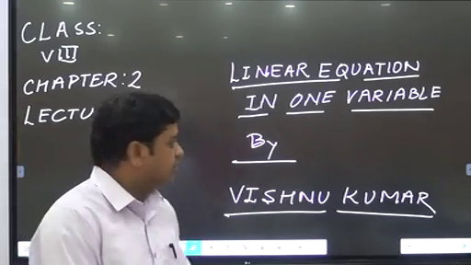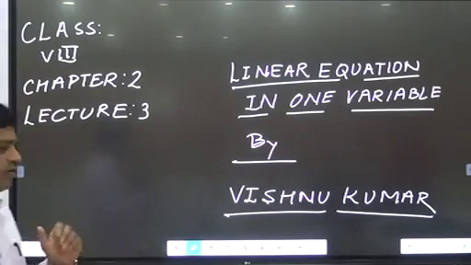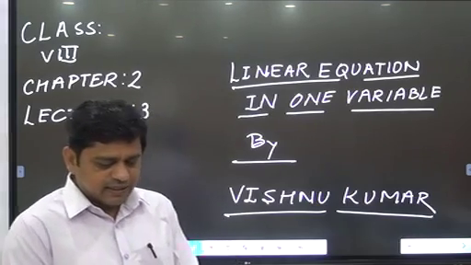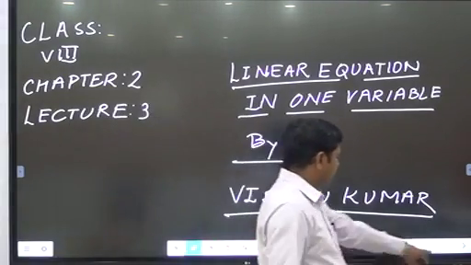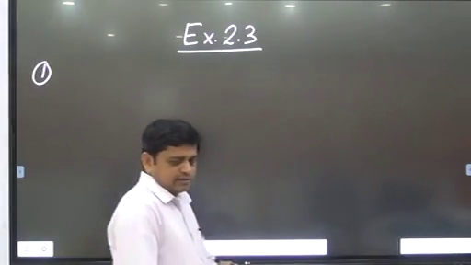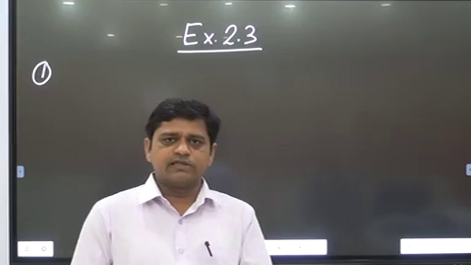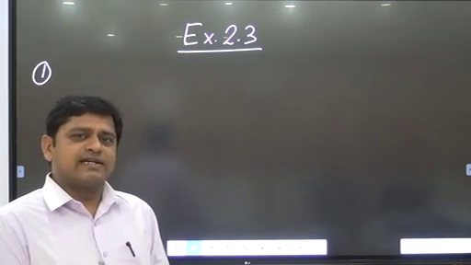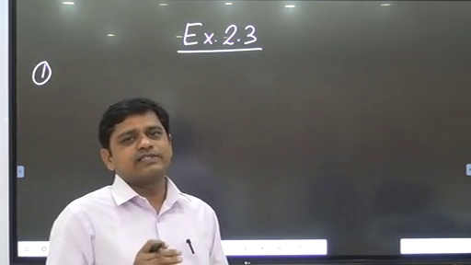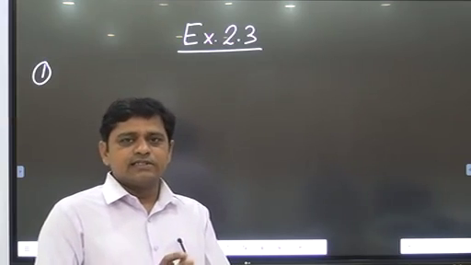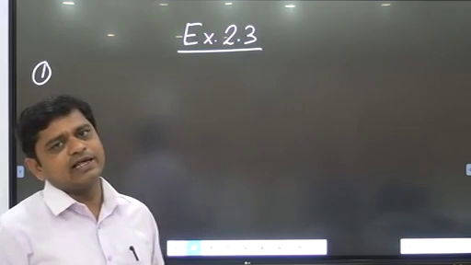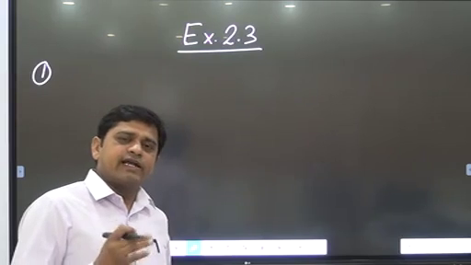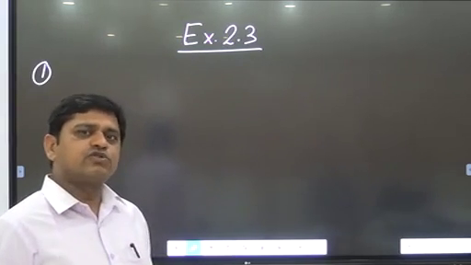Okay, hello students. So again for you, chapter 2, linear equations in one variable. As we have studied earlier in the last exercise, about linear equations and how we solve linear equations in one variable when the variable is on the left hand side or right hand side, means any one side, and the constant is on another side or both sides. This is what we have learned in the last exercise. And after the next exercise, we have also learned how we create the equation from given problems and solve them.